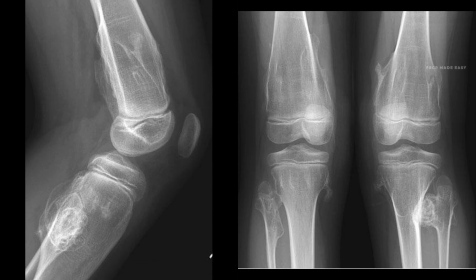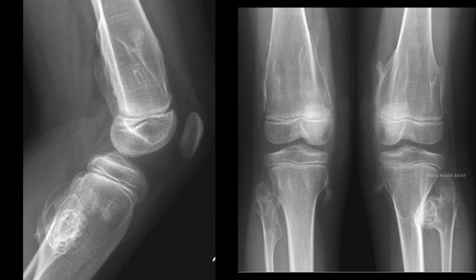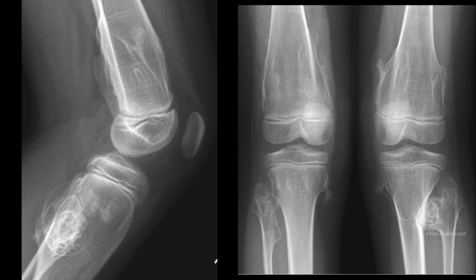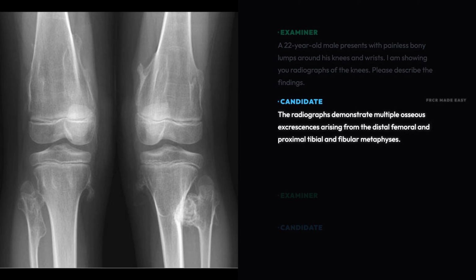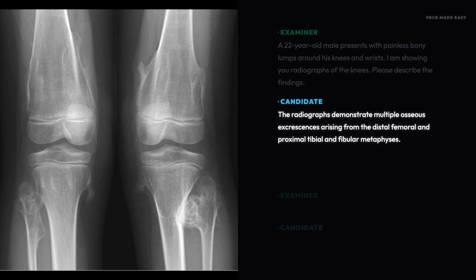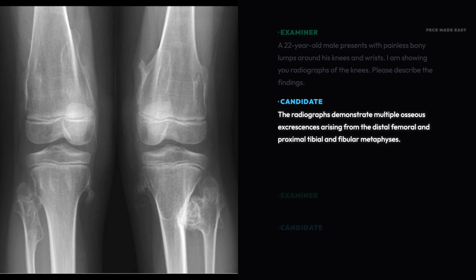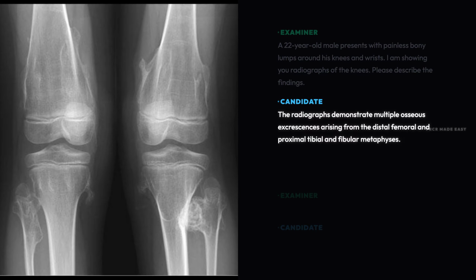A 22-year-old male presents with painless, bony lumps around his knees and wrists. I am showing you radiographs of the knees. Please describe the findings. The radiographs demonstrate multiple osseous excrescences arising from the distal femoral and proximal tibial and fibular